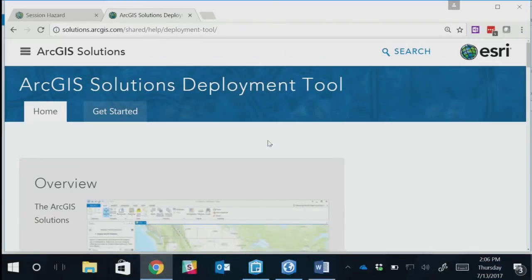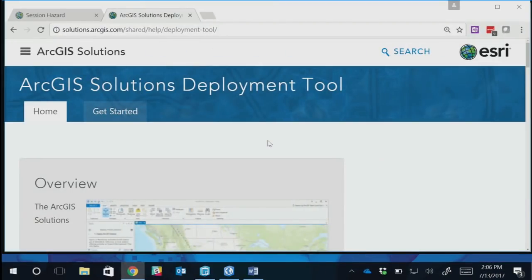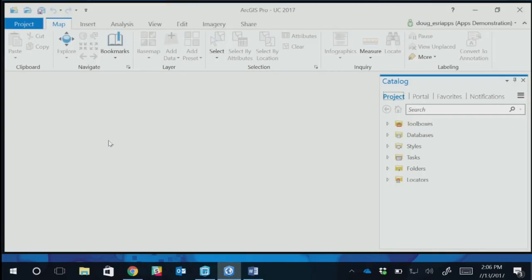So just to follow up on what Jeff mentioned before about the solutions team and maintaining these solutions. The solutions team also has an add-in available for ArcGIS Pro. If you want to publish these services from within ArcGIS Pro, you can easily do that as well. And in this case, it's certainly not limited to ones that are appropriate for Collector. There are templates as well for Operations Dashboard, Web App Builder, etc. So I've added this